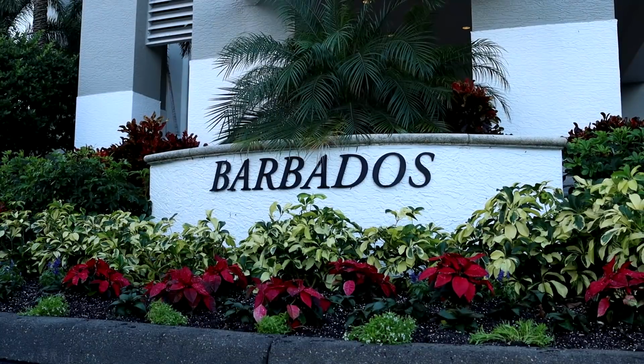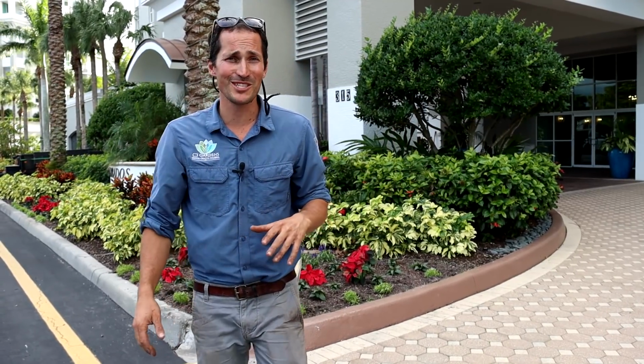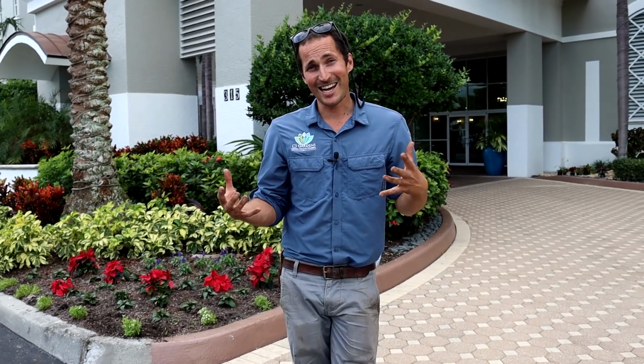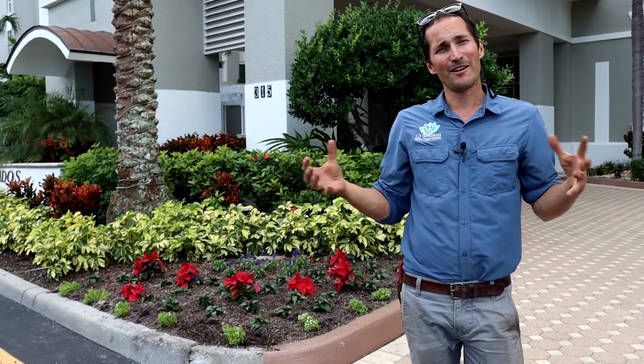All right, so here at the Dunes, this building is called the Barbados building. They're all named after Caribbean islands, which is quite fitting and fun here, being right on the beach and the breeze always blowing through the palm trees. It's a beautiful place to work for sure, but we don't get a lot of time to hang out on the beach or poolside. But we redesigned this landscape, like I said, to just get a little bit of a